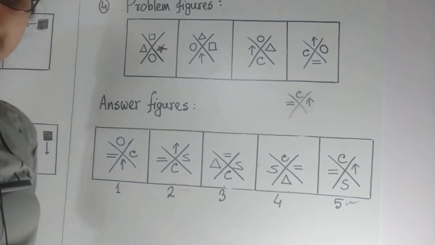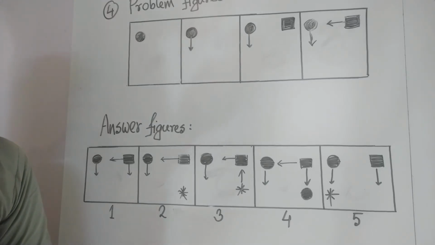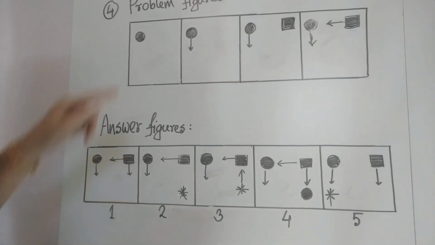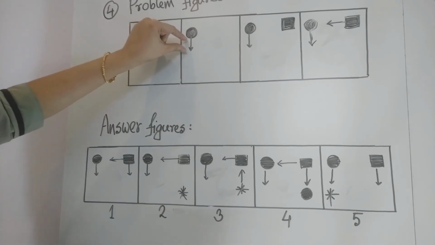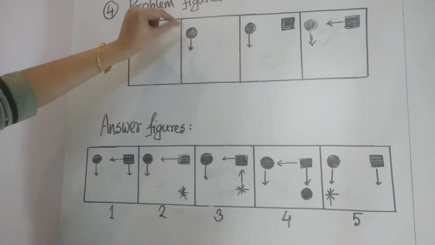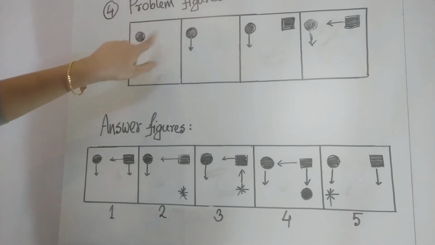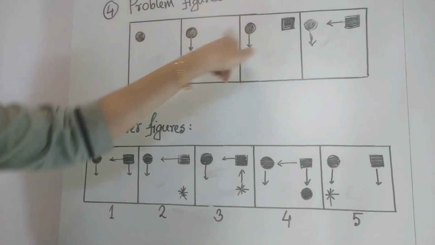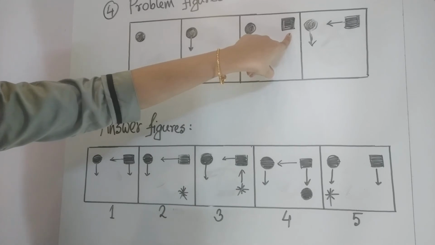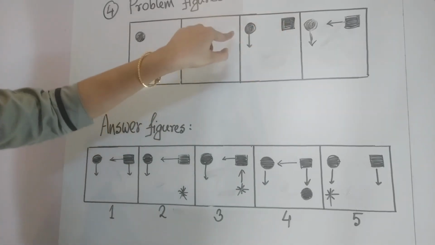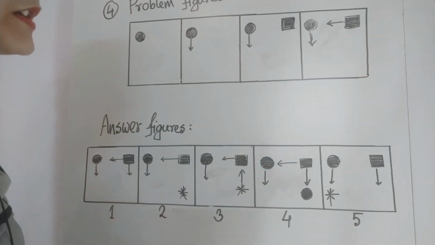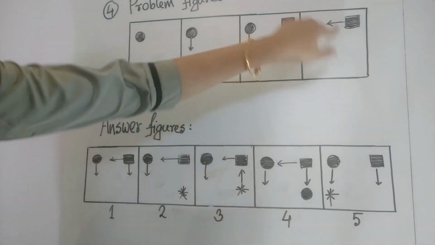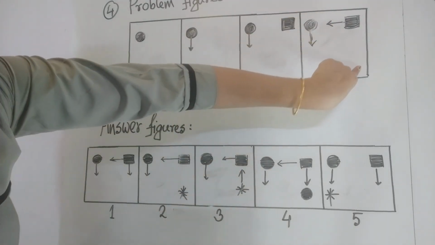Okay. Next. Problem number 5, today's last problem. Here you can see in the first figure you can find one circle. In the next figure you can see one new arrow has come and it's been attached with the circle. Again in the next step a new figure has come in the adjacent clockwise corner. Okay. Then again a new arrow has come. In the next step what will happen then? A new figure will come in the clockwise adjacent corner, that means here.